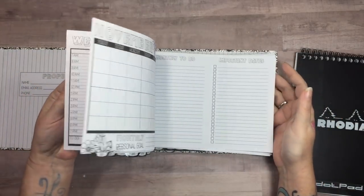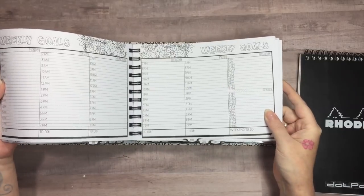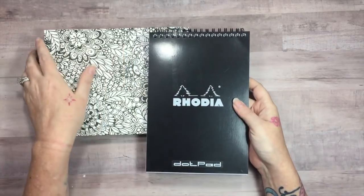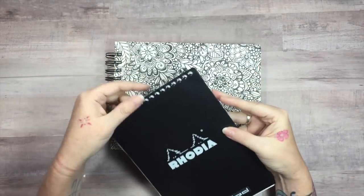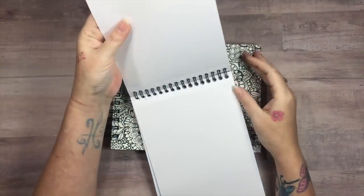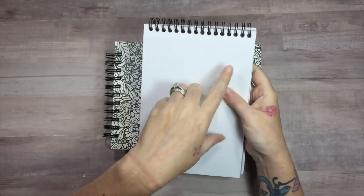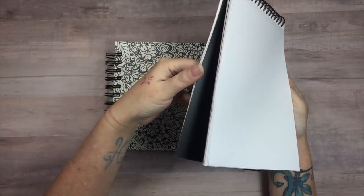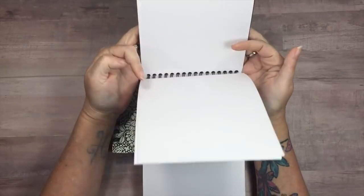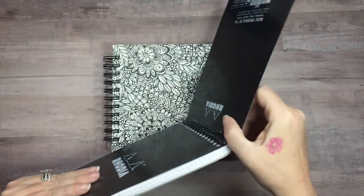But things like this are going to be very structured, and you may have a limited amount of creativity, but definitely something that you can bullet journal in. This one is definitely less structured. This is where we're going to start getting into something like a dot grid, but I included it because it is also spiral bound. This is going to fold up from the top though, and it's going to have your dotted pages. Now this one has the circles, and it has perforated pages because they're meant to be used sort of as practice, but obviously this is something as well that you would be able to use as a bullet journal. So I use this book in particular